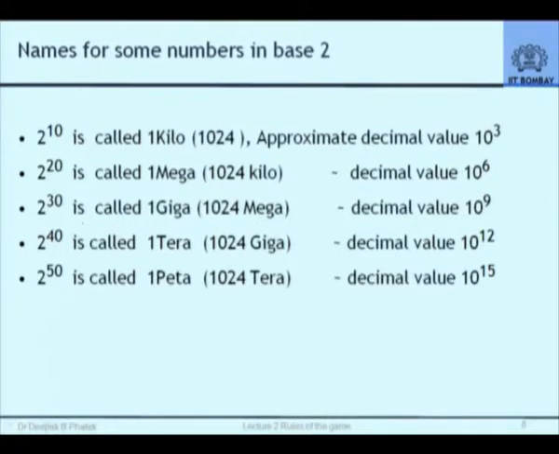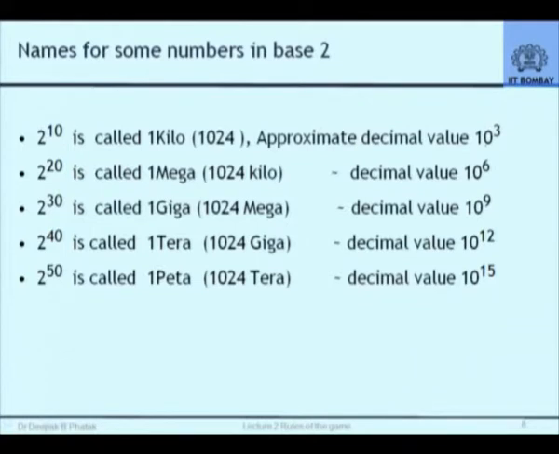Likewise, just as 10 raised to power 3 is a kilo, what is 10 raised to power 6? 1000? We have an English word for that. It's called a million. That million is called mega. These are Greek terms. So, the closest equivalent is 2 to the power 20. So remember, just as there are words for powers of 10 by 3, 10 raised to 3, 10 raised to 6, 10 raised to 9, etc., there are similar words for 2 to the power 10, 2 to the power 20, 2 to the power 30, etc.